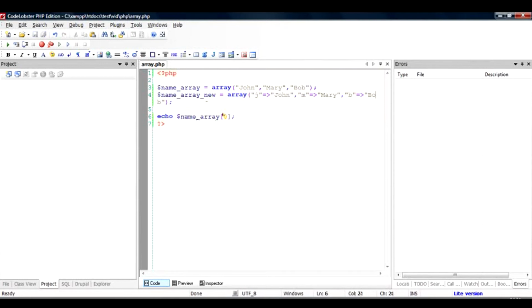When we run this file, we should see the value of the variable outputted as John. Let us check whether it happens or not.